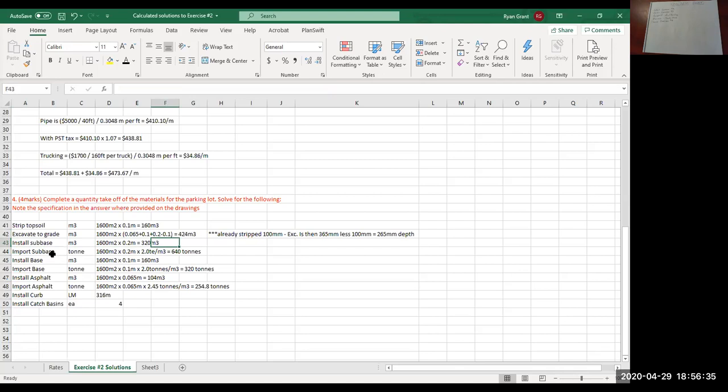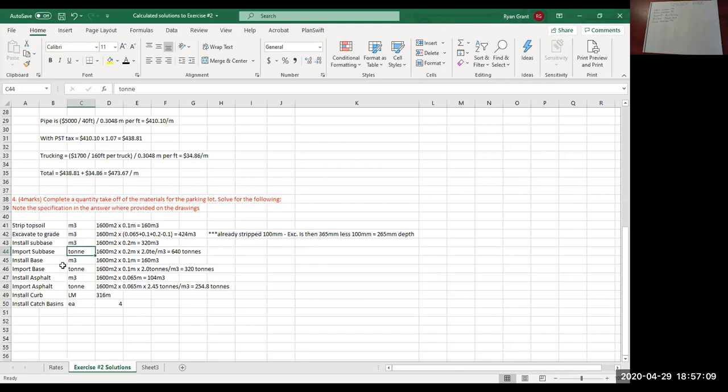So this next one was the purchase of the gravel. So the purchase of the subbase, it's measured in tons. So this is where you would take the cubic meters that you calculated in the previous item and multiply it by the conversion factor that I gave everyone. So the 2.0. So 320 cubic meters times 2.0 tons per cubic meter gives you 640 tons. That's how much gravel you would buy